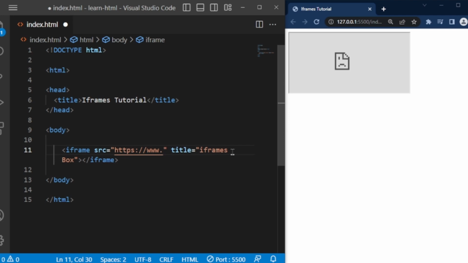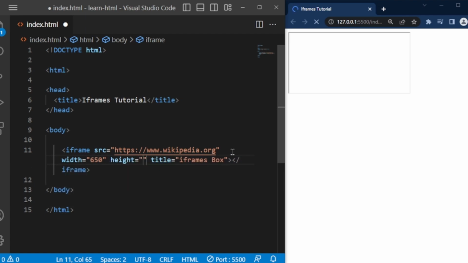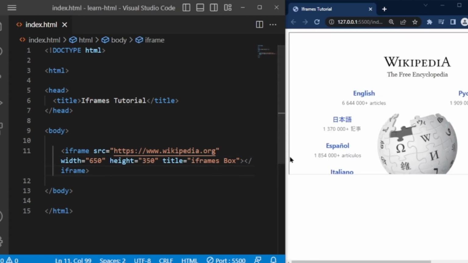For instance, let's try embedding Wikipedia's homepage with a larger display area by setting the width and height attributes. Width equals 650. Height equals 350. After saving and reloading the page, you'll see Wikipedia's homepage embedded within our web page, fitting the